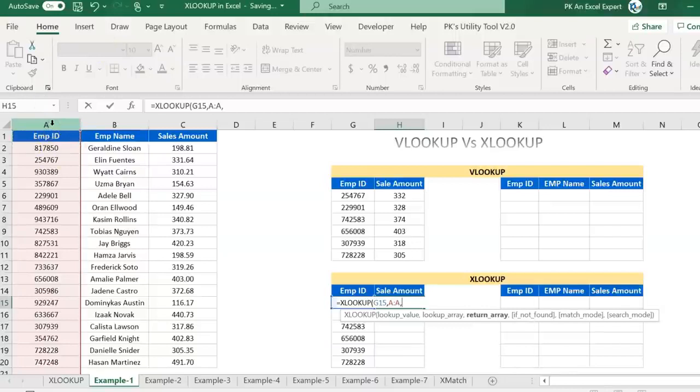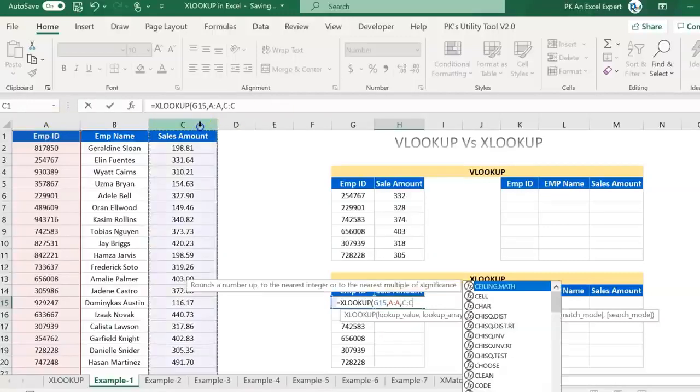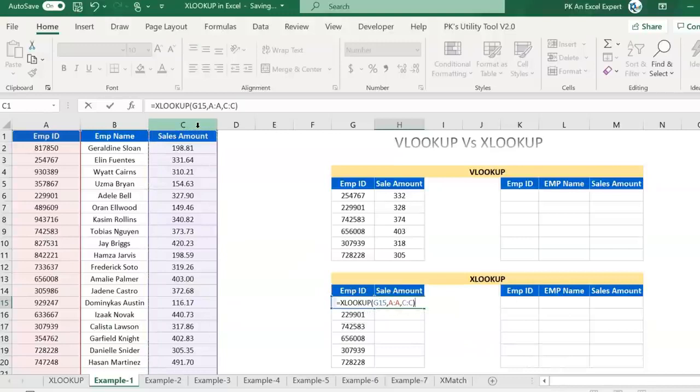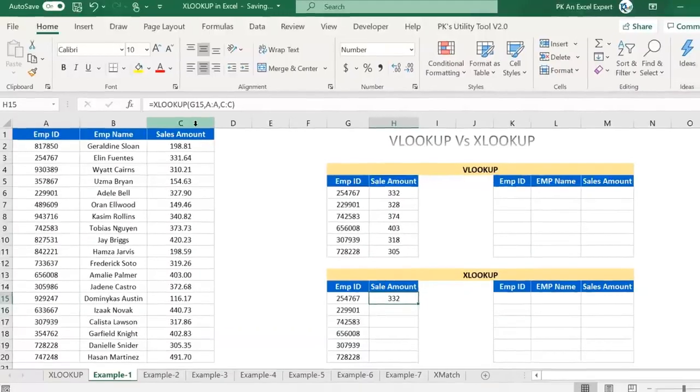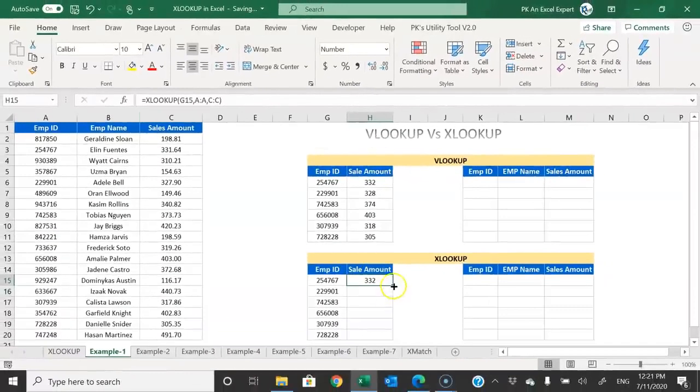Now comma, and we will provide the return array from where we want to return our data. We want to return from sales, so we will select this column only. This is our return array, just close the bracket and press Enter. You can see we are getting the result. We have not put any kind of column number here. So let me fill this down.